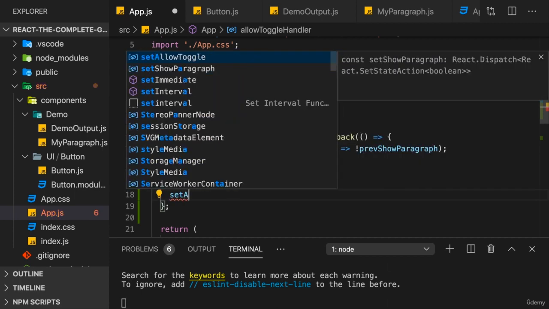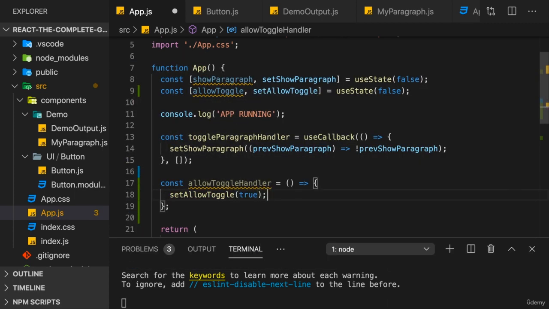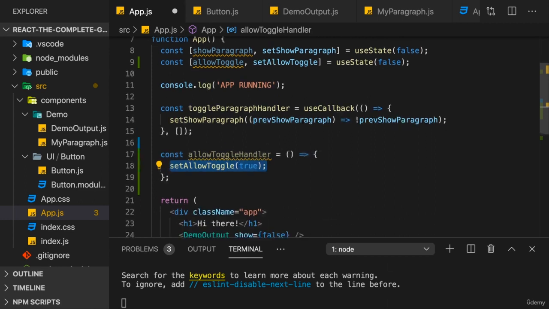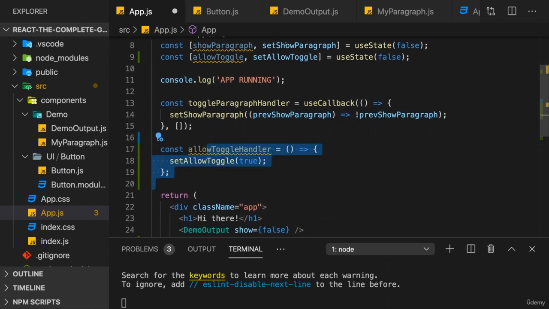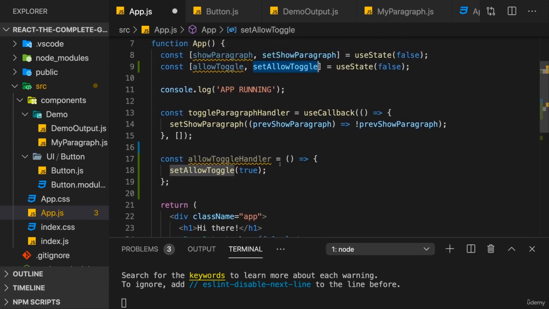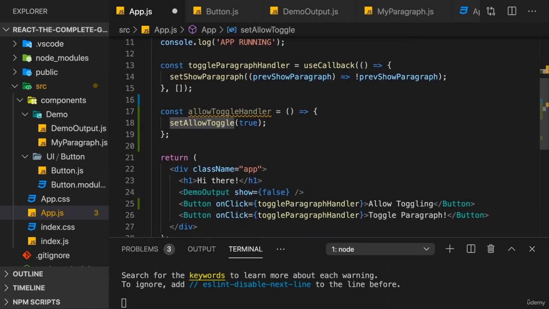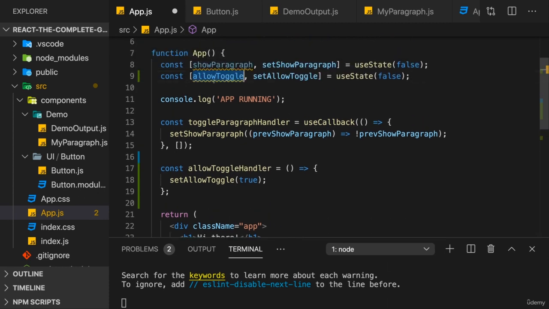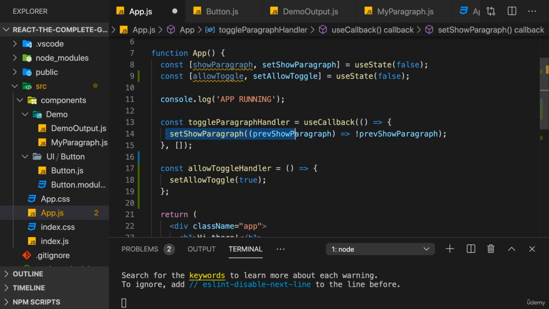Here I want to call set allow toggle and set it to true. So I always set it to true here. This does not toggle the toggle value, it just enables toggling for the other button. Because now, and that's the gotcha, I will not only bind the allow toggle handler here to the new button. Instead, I will use the allow toggle state snapshot in my other function here to check whether I'm allowed to